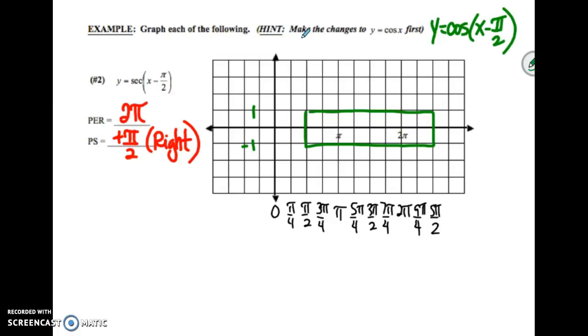Okay, so I sketched in my picture frame. I know what my cosine looks like. It's the cup. So it's at the top, it's at the bottom, it's at the top, it crosses in the center, and it looks like that. Okay? So now my asymptotes are going to be where cosine is at 0. So I'm going to have an asymptote